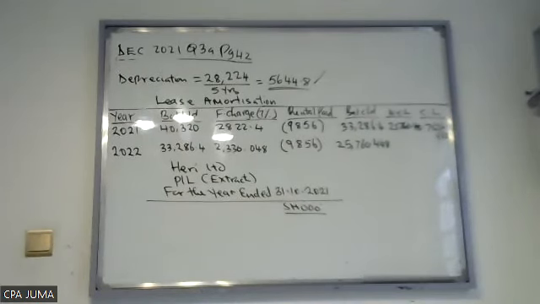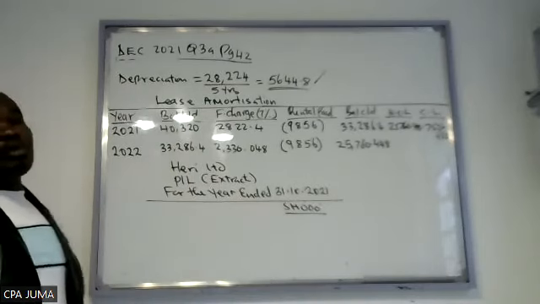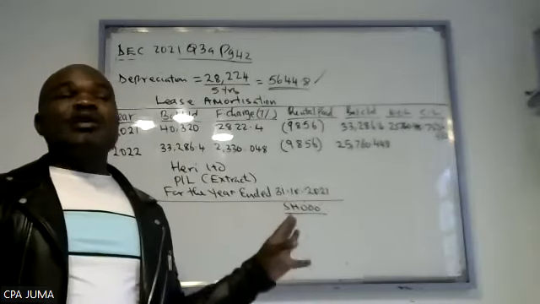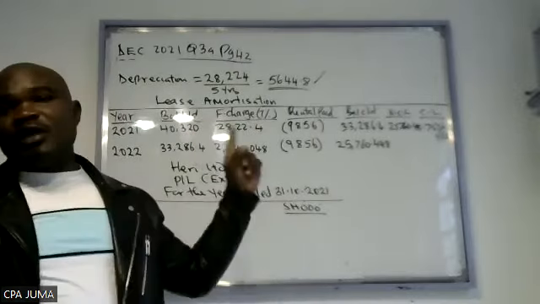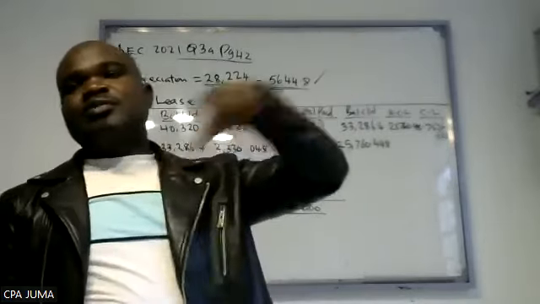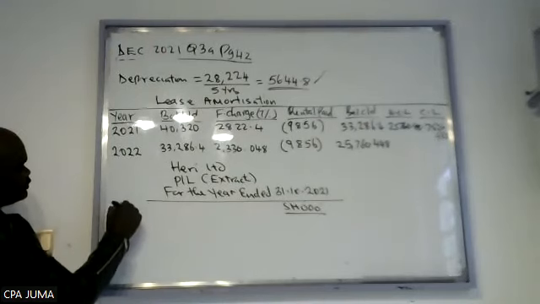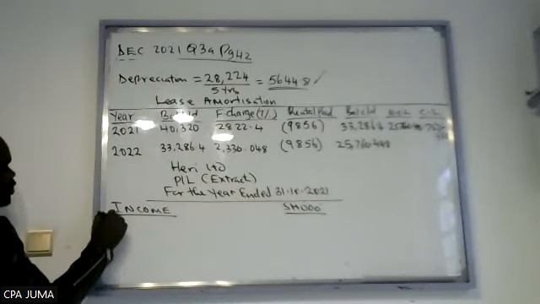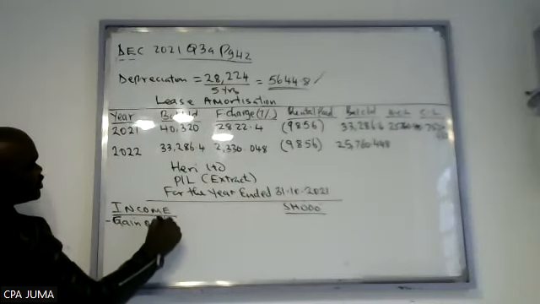So for the first time, Harry is the lessee because they lease back. But for the lessee, when we are doing an extract, we only give expenses, which we know are depreciation and finance charge. But for the first time, we have income here, because when they dispose, they dispose at a profit. So you come here and say income. There was profit or gain. There was gain on disposal.